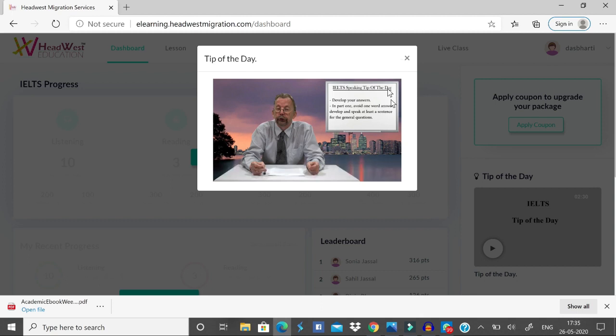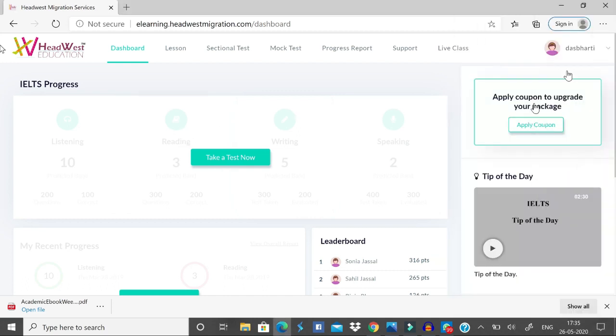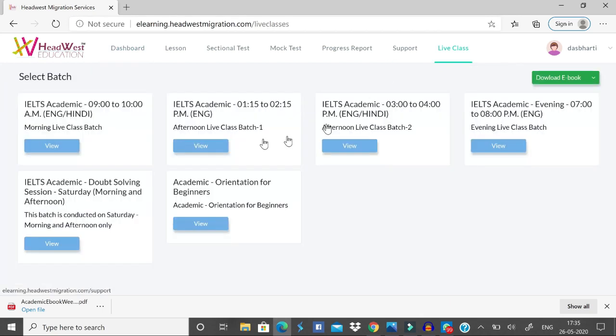Alright, so there's some glitch over there, so we'll just go back just to show you the support panel. Right, so let me show you the best things of this panel, which is the live classes option. So you can do it in the self mode, but there is the live class. We got 4 classes in a day. You can view at any time in the day. If you have done the first class, you can jump into the last class as well. So you can revise. There's a doubt clearing session every Saturday.